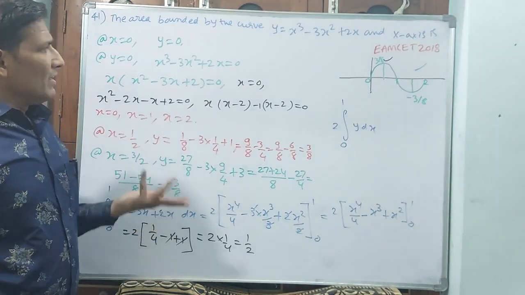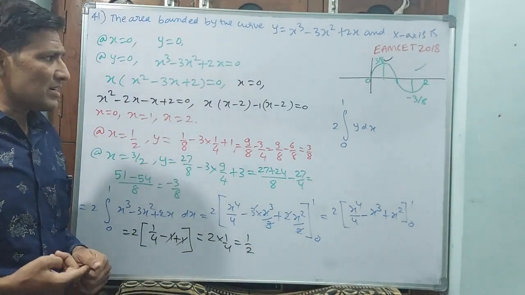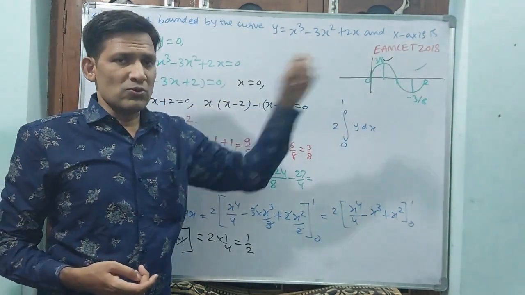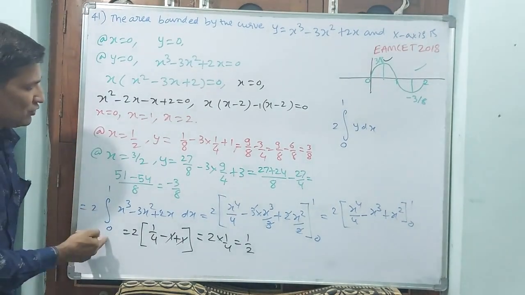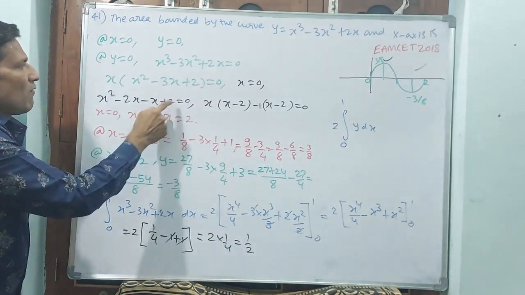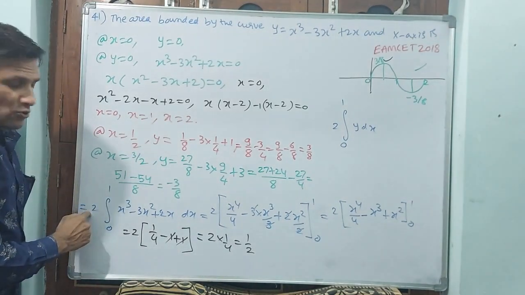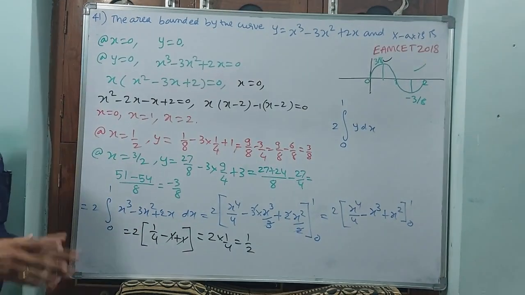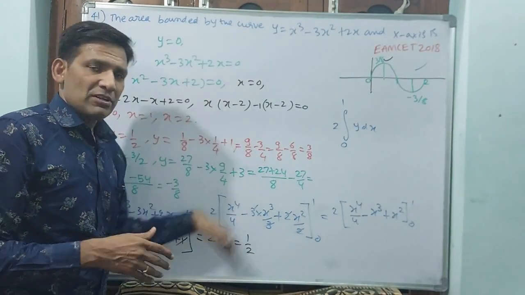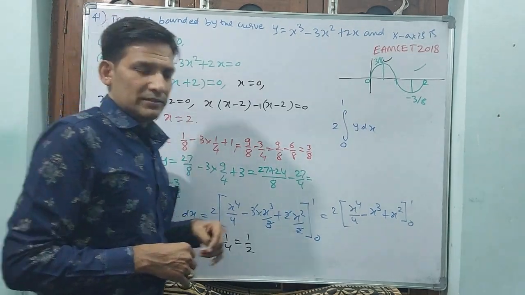Okay, for every question, do we need to do this much calculation in a competition examination? Not required. Directly you can substitute 0 to 2. If you substitute 0 to 2 directly, rather than one time 0 to 2, you have got this. 1 is also there, but you substitute 0 to 2, and rather than this 2, if you substitute in this equation, the same answer is going to come. Okay, in your competition examination, I have explained much for knowledge's sake. In your competition examination you do it such that. Let us go for the next question.